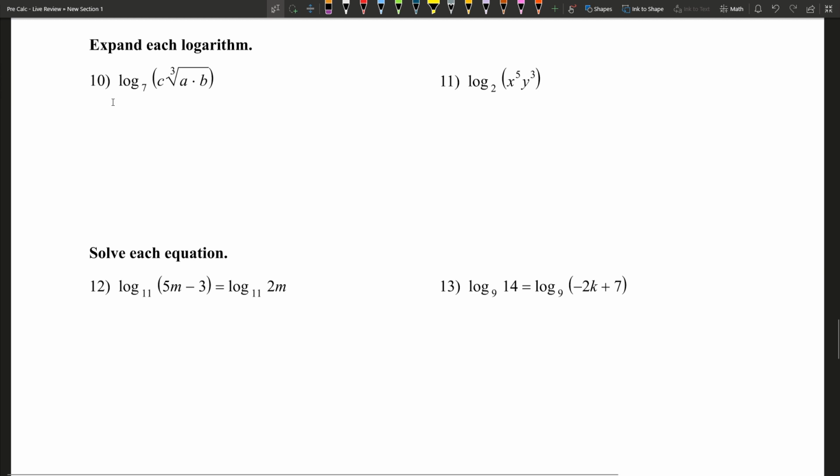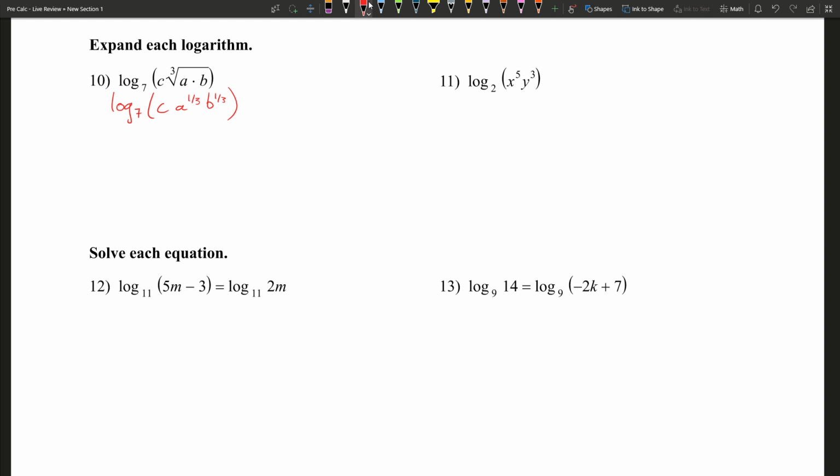All right. I won't give you something that looks like this, but I will make it so you can. Actually, I'm going to rewrite it like this. All right. So in number 10,